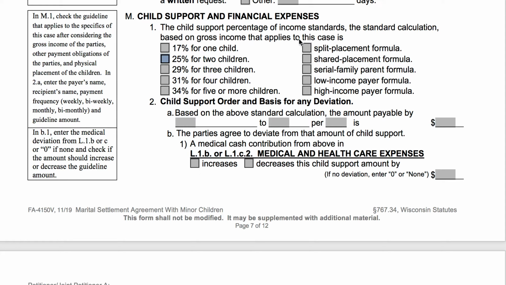So let's go through these formulas, because basically you determine if you're in the percentage standard by ruling out these formulas over here. The first one over here is the split placement formula. Split placement is like the Parent Trap. It is where you have more than one child, and one child lives with one parent and one child lives with the other. Or if you have more than 2 kids, if you have 3 kids, 2 kids live with one parent and one lives with the other. So that is split placement. Basically, under split placement, at least one kid will live primarily with each of the parents.